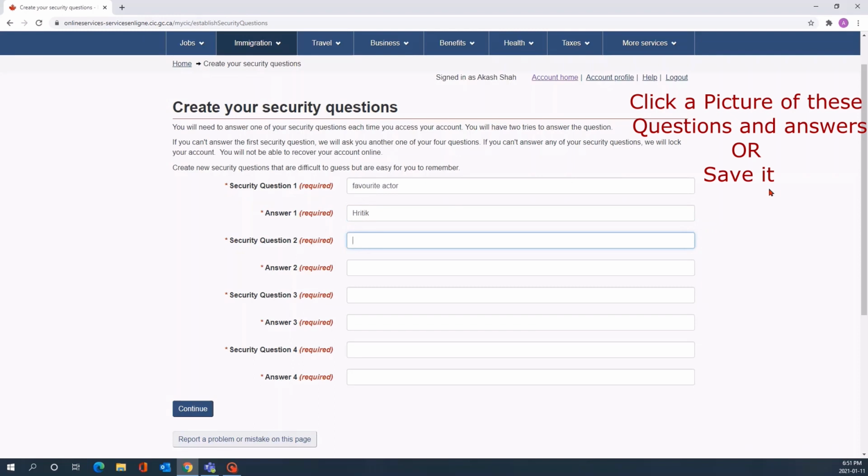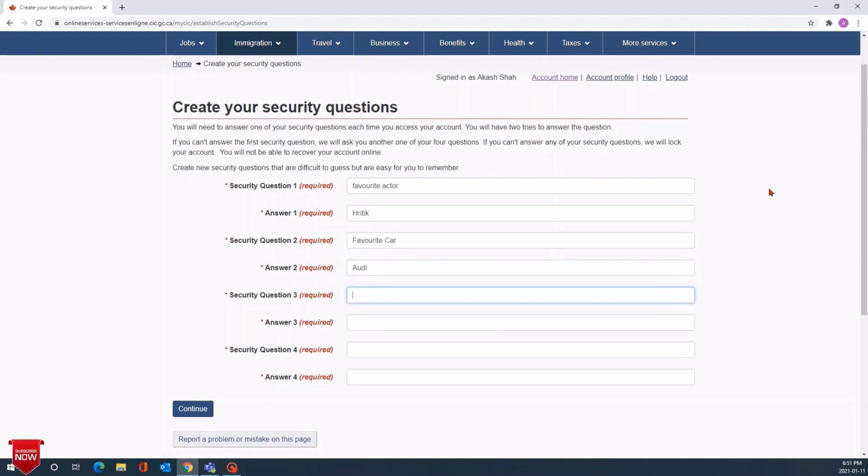Now the second question is your favorite car. The third question is my favorite vacation spot. And the fourth question is your favorite food. Make sure you save these answers or take a picture of these questions and answers so you don't forget.